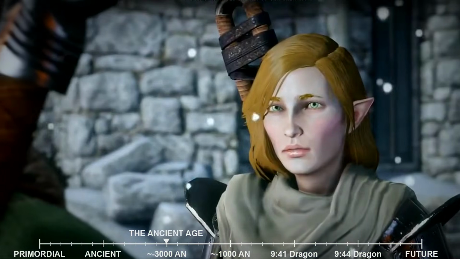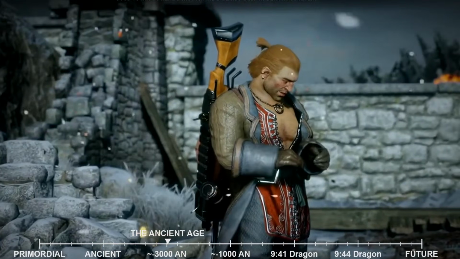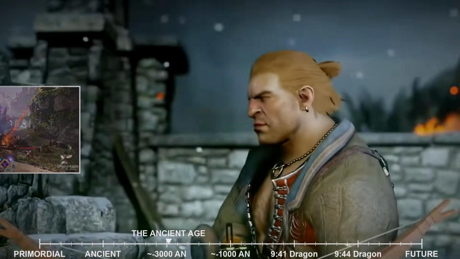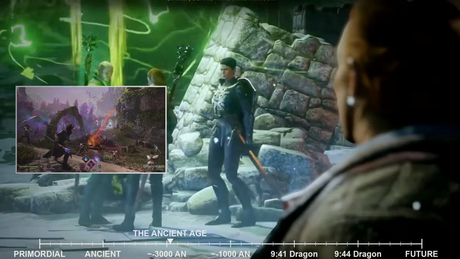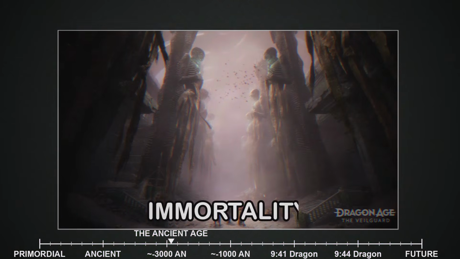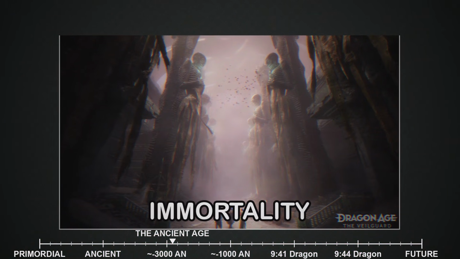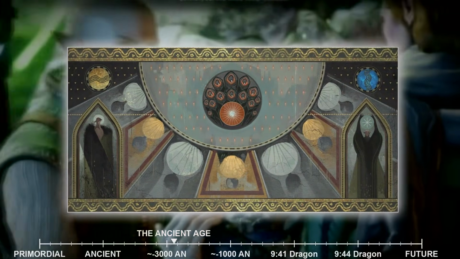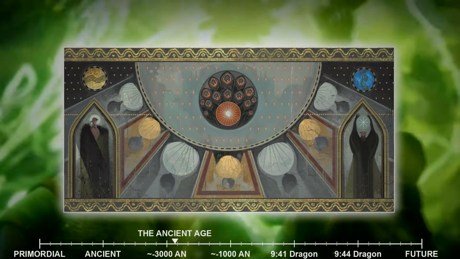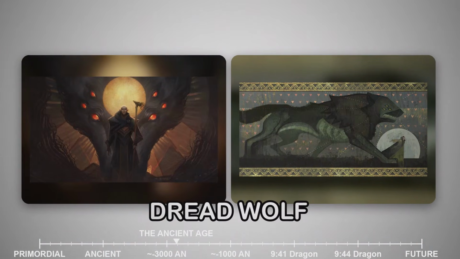The surviving elves are left disoriented and weakened. They struggle to comprehend what has happened. The gods they worshipped are gone, vanished without explanation. The magic they relied on has failed. Their immortality, the defining characteristic of their race, has been stripped away. Many fall into despair. Some believe it is a punishment from the Evanurus for some unknown transgression. Others think it is the end of the world, that reality itself is unraveling. A few suspect the truth that this is the work of the Dreadwolf, but even they do not understand why he would do such a thing.